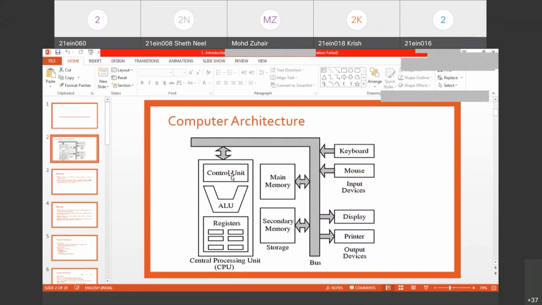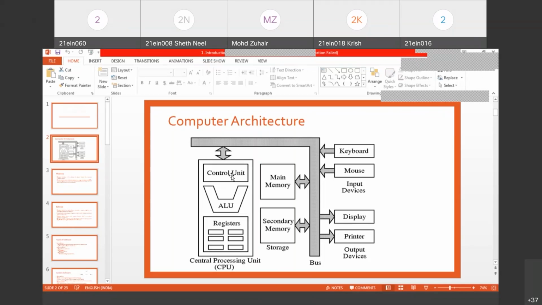So this is the basic computer architecture. In this you have input output devices, memory, and then the CPU, central processing unit. Within the CPU you will have the control unit, the ALU, that is the arithmetic logical unit, and registers to temporarily store the data. Then we have memory, which we have bifurcated into main memory and secondary memory. The secondary memory is used for enhanced data storage. And then we have input devices. Input devices may be your keyboard, your mouse, your scanner, your joystick, etc.